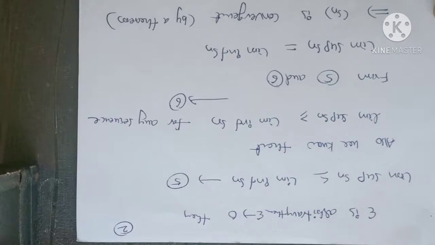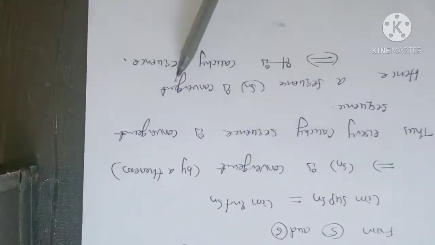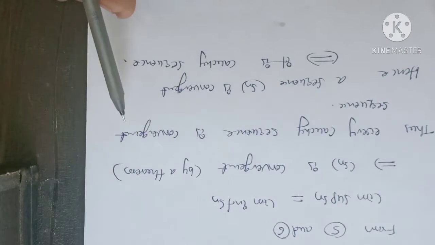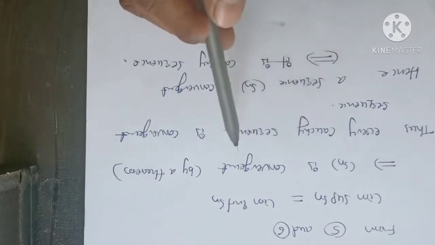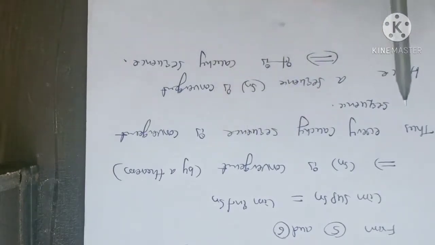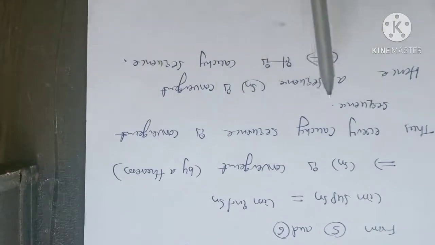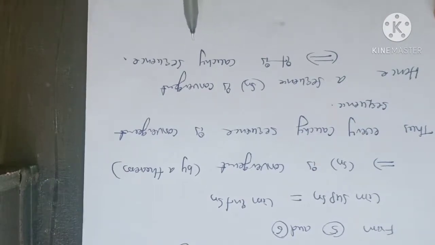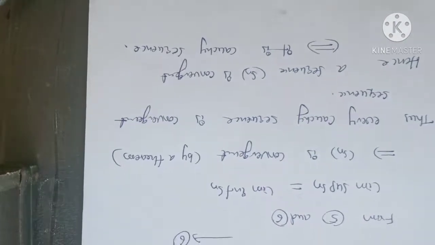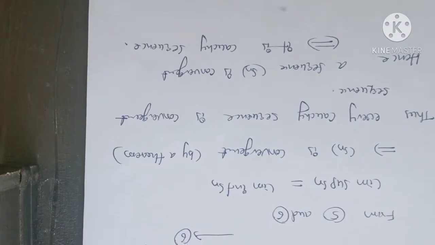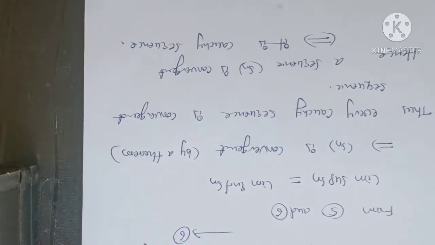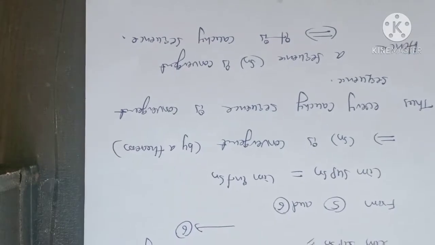So every Cauchy sequence is a convergent sequence. So Sn is convergent. Already we proved every Cauchy sequence is a convergent sequence. Hence if a sequence Sn is convergent, it must be a Cauchy sequence. If it is a Cauchy sequence, then that sequence must be a convergent sequence. This is the Cauchy general principle for convergence of a sequence. This is an important theorem in real analysis and part of Cauchy sequences.